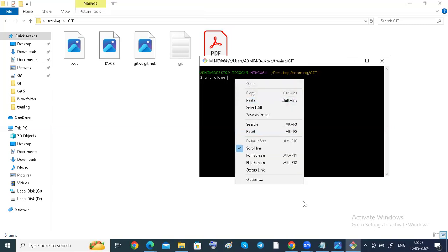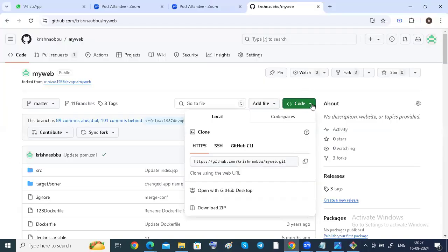See how I'm getting the URL from GitHub. There is a green code button here. Inside that, we go to the local tab, and you can see the URL. It comes by default, guys. If anybody is seeing their repositories or projects, it comes automatically by default. You don't need to create any HTTPS link like this. You don't need to create this link and all those things.